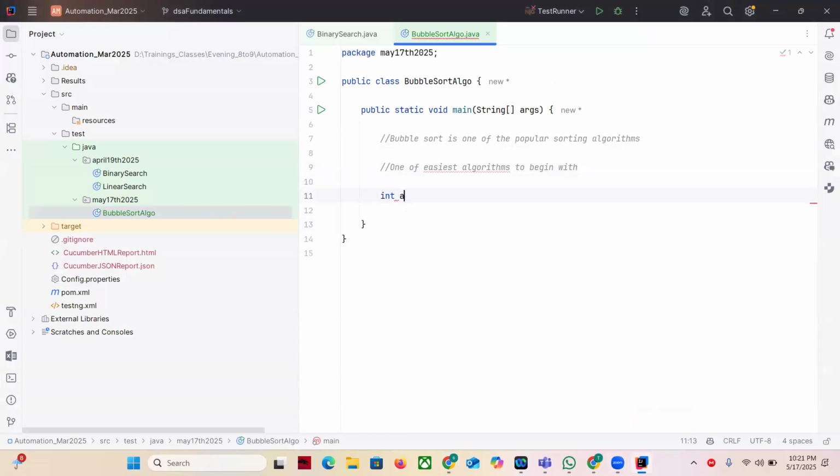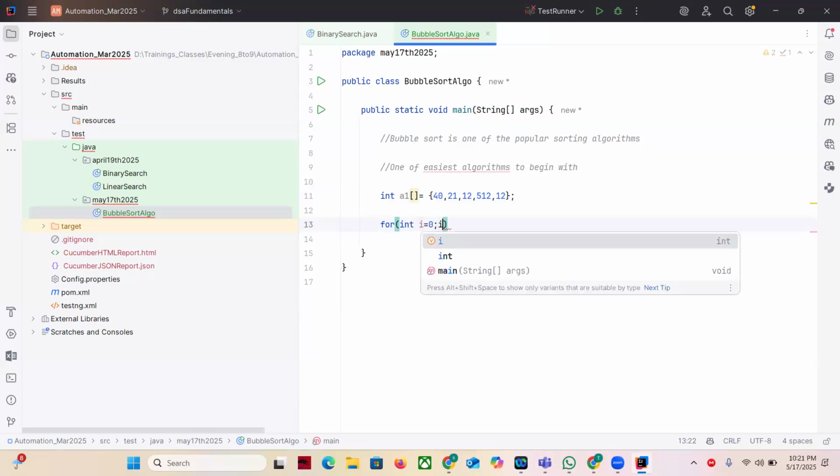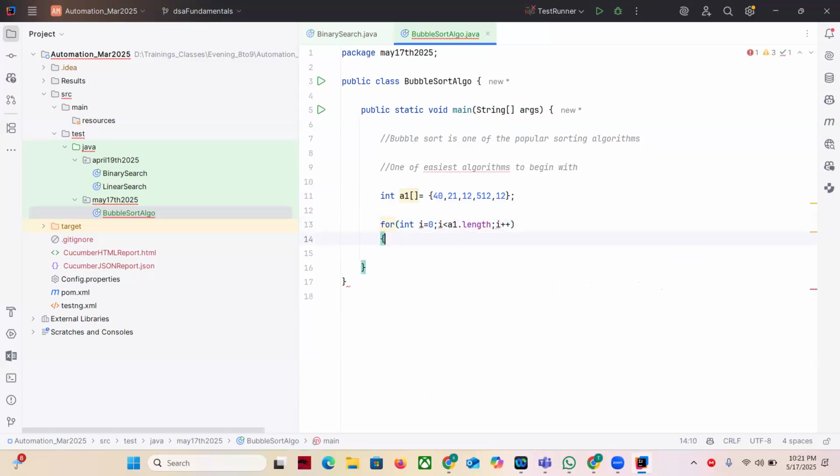So you can declare an array directly like this. Now this is an array. Now let me write a for loop: for int i equal to 0, i less than a1.length. When I say a1.length, it determines the size of the array. Got it? a1.length determines the size of the array. Once we determine the size of the array, then what I will do,